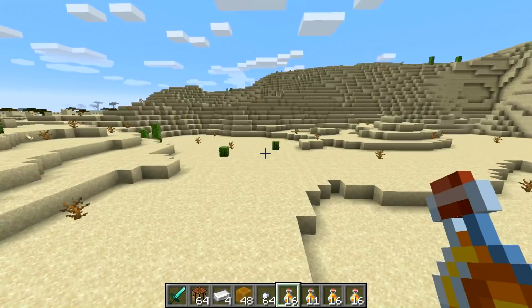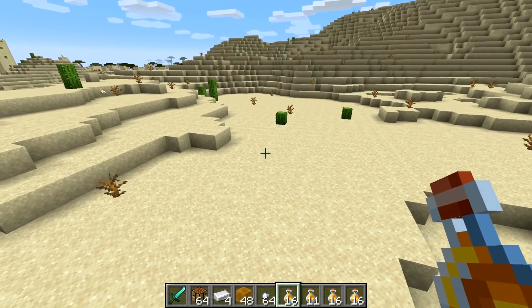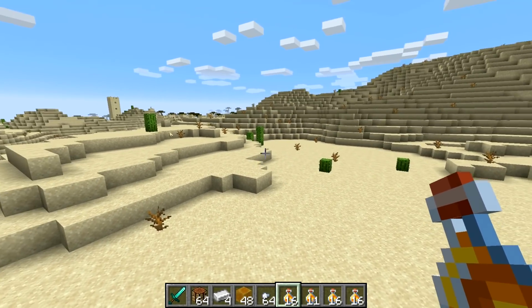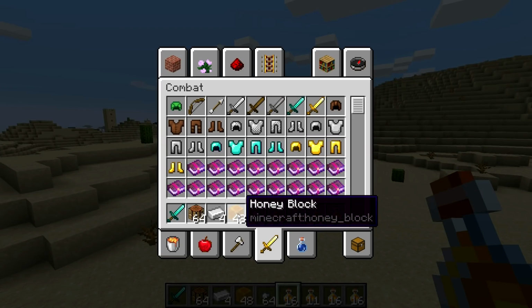Another great bug fix is that items now no longer despawn after 1 minute instead of 5 when dropped from the creative inventory. Basically, the bug was this. So basically, if I were to drop blocks like this, just by hitting Q over the block in the inventory,